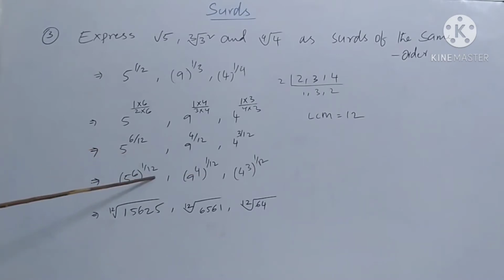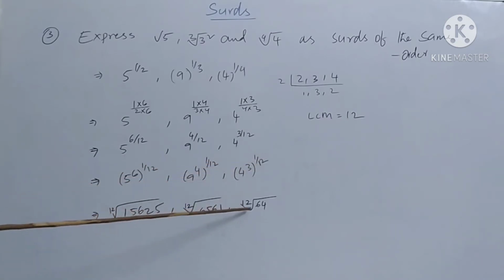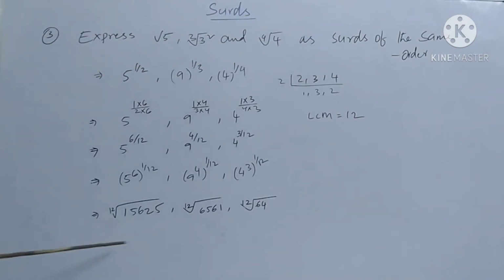Here 1 by 12 means 12th root of. Here also 1 by 12 means 12th root of, and here also. So finally our result: surds of the same order. This is 12th order, this is 12th order, this is 12th order. Let's simplify: 5 power 6 means